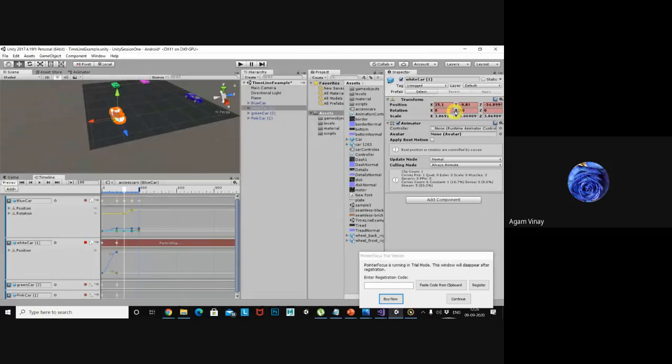So 90 is the first value for this one. So I'm rotating, we need to get the point for this one. So I'm rotating to 270, let's say.